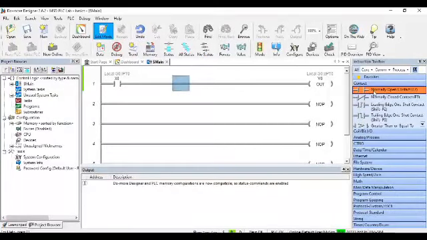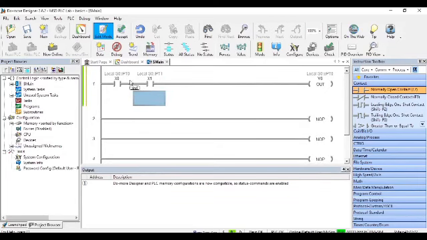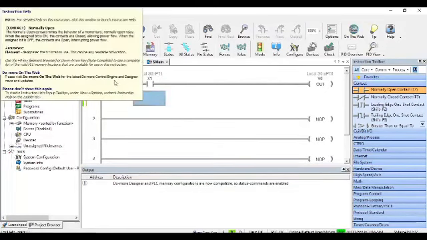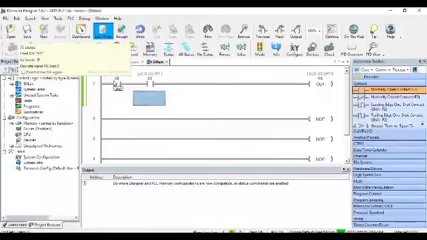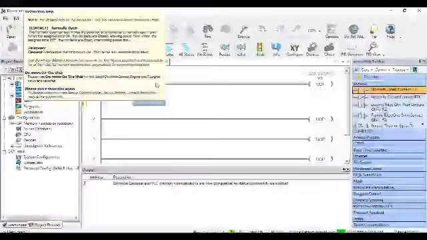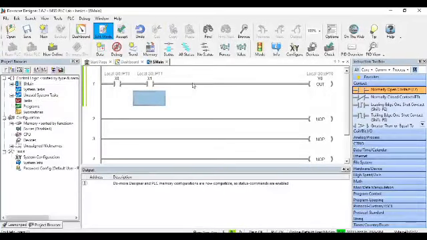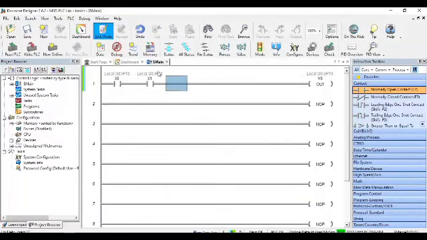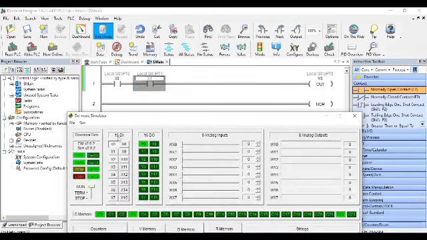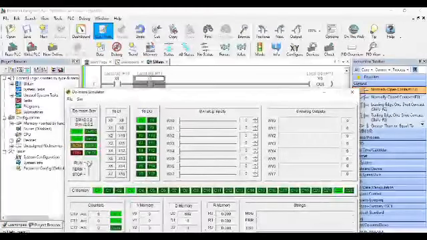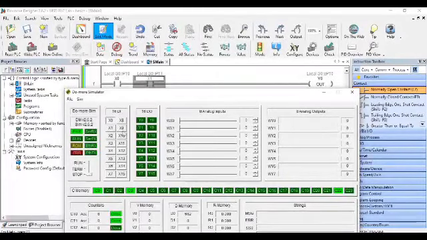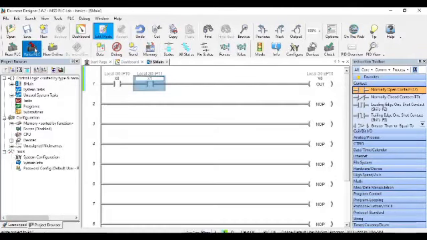All I have to do is take another input, I'll drag it over here, and I can use x1 for my second input, and now you can see I have an AND gate. If this contact is closed and this contact is closed, only then will my y0 turn on. So I'll accept the changes, and again I have to upload the code again, otherwise there will be no effect over here. So I'll turn off my PLC, I'll put it in stop, and you can see that nothing is happening because there's no power flow. I'll write to my PLC,